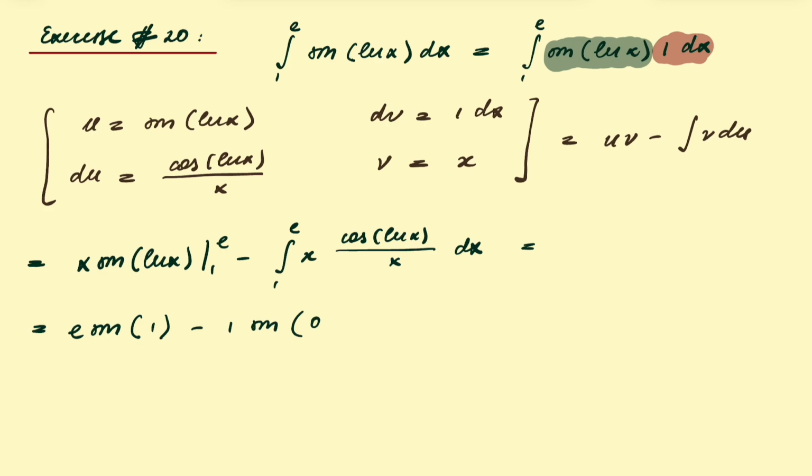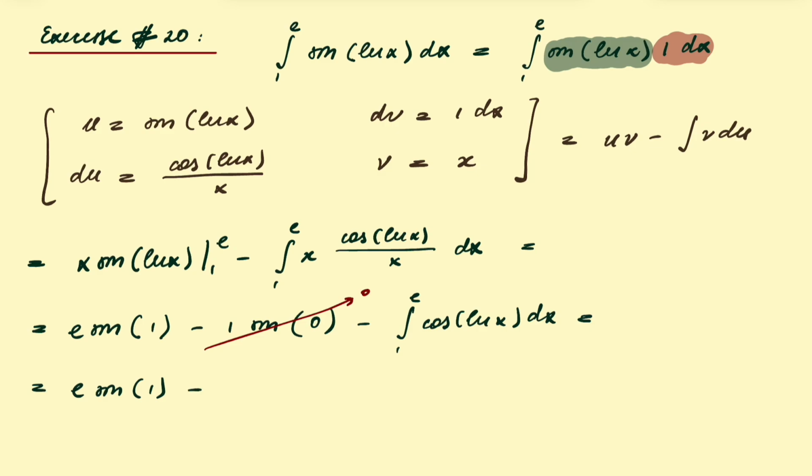So we have sine of 0 here, minus this integral, where the two x's cancel out, so we have the integral from 1 to e of cosine of ln of x dx. Now sine of 0 is 0, so this simply disappears and we get e times sine of 1